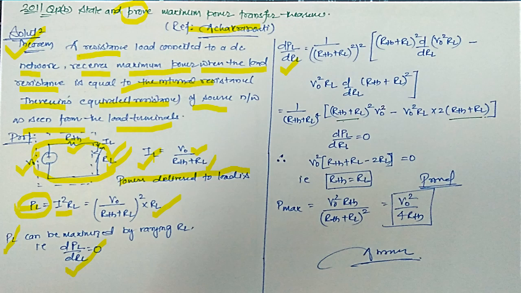dPL by dRL is written as this equation. Okay, that's a very standard method. Please go through these equations. And you will find that you end up with such kind of things. The rest of the constants will vanish because you have 0 on the other side. V0 squared will also vanish because it's common, and finally you will end up with RTH equal to RL. Okay, so this is the proof of your maximum power transfer theorem, and the maximum power delivered to the load is equal to V squared divided by RTH. Again, don't forget to write this because that is also part of the proof. Okay, so this is your question number 12b.